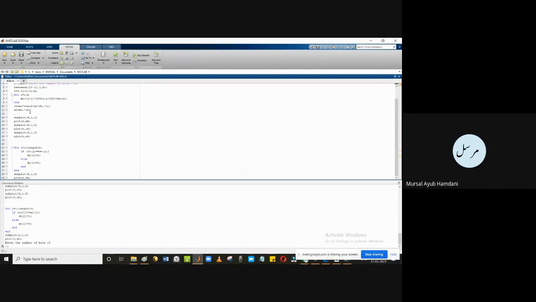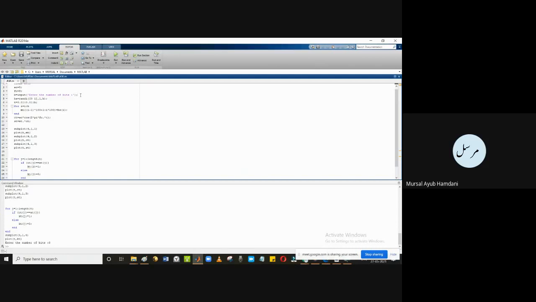Now here you saw what I did is enter the number of bits. Another thing that you can do is you can say AC equals input, enter the value of the carrier frequency amplitude.